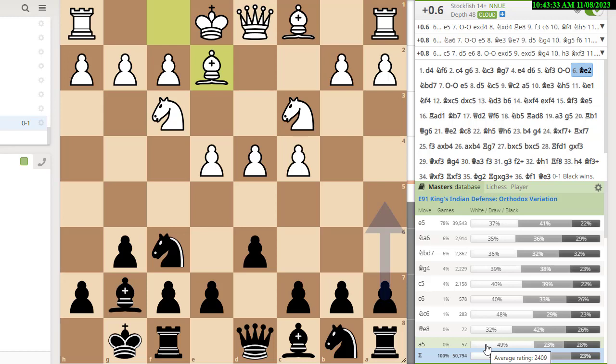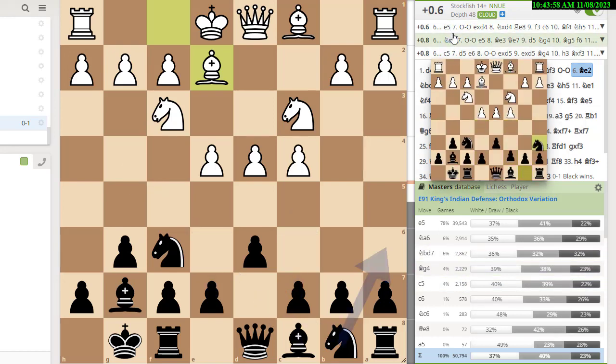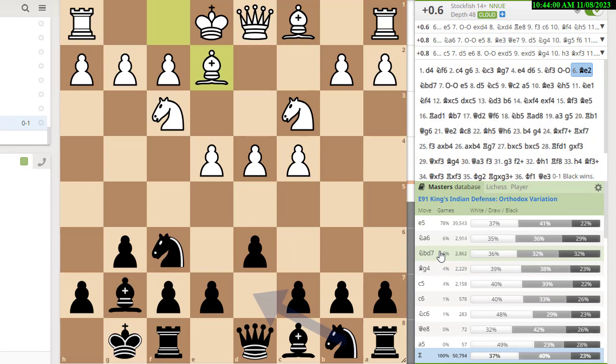On purpose, I played a rare line, a line that's maybe not quite as good, but if you look at the results, against e5, white wins 37%; against knight bd7, white won 36%. Against e5, black won 22%; with knight bd7, black actually won 32%. So in the master database, knight bd7 actually did a little better. If we look at the engine, knight bd7 doesn't even make the top three moves. All right, so we played knight bd7,